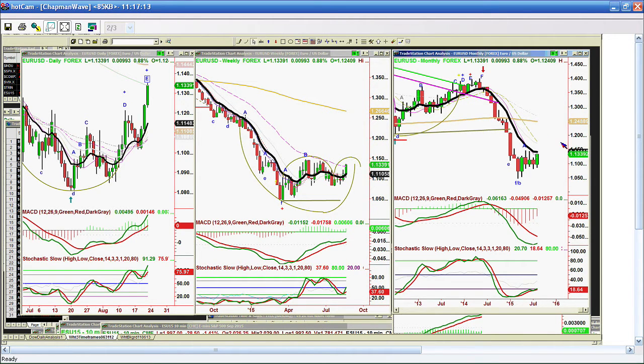This should coincide with gold having a bounce here. And I suspect all these guys are going to fail when the stock market eventually starts to get back on track. But in the meantime, commodities, not all commodities, but some of the commodities could have a pretty decent rally. And we're going to see if this